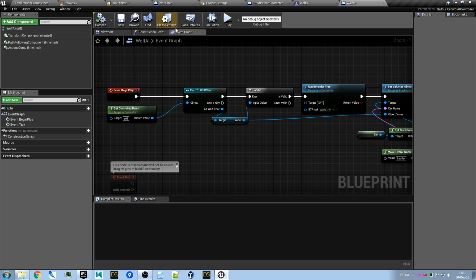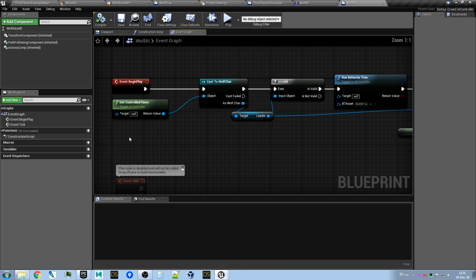In the begin play of the AI controller, we will take the pawn that we are controlling, the wolf, cast it to wolf,